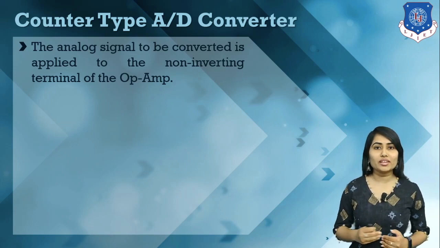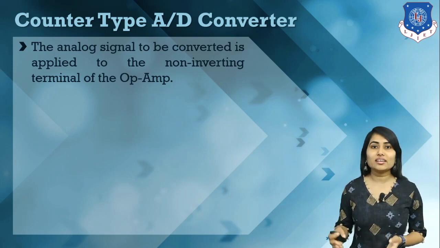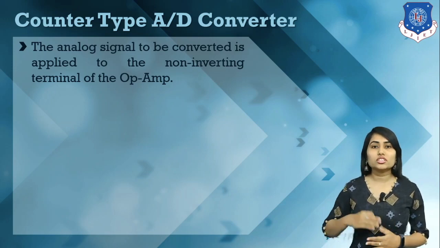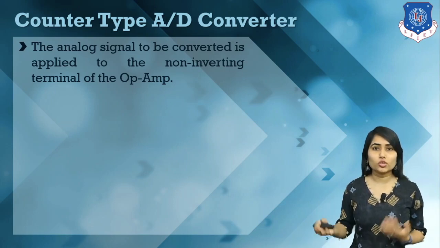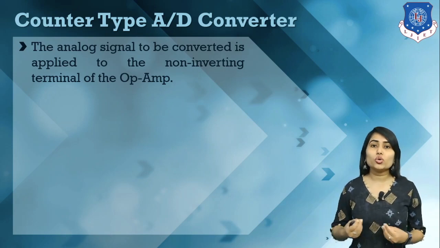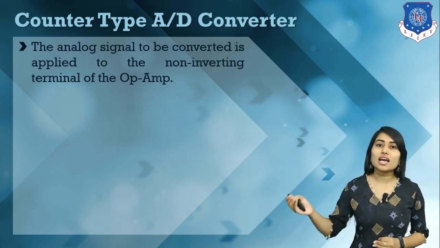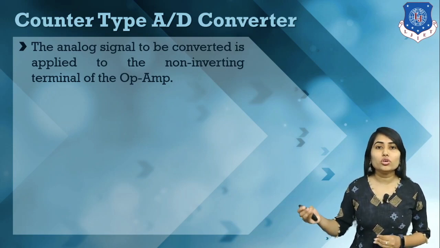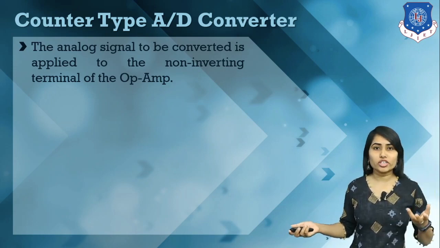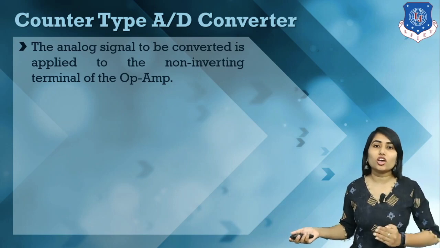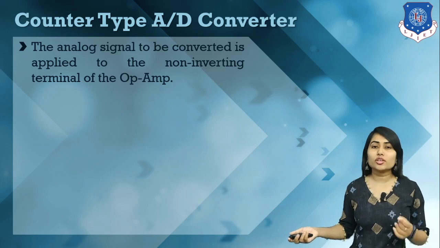So we compare these values and according to that we give this into our AND gate circuit, and here we use the logic of this AND gate to reset and to calculate the counter's value. Here we use the counter to count the value up to our analog input voltage. The counter's value is converted into analog form by the digital to analog converter circuit, and this is compared with our actual input voltage.